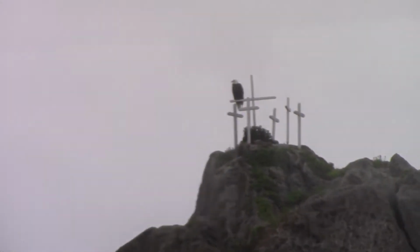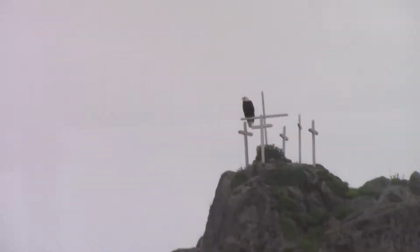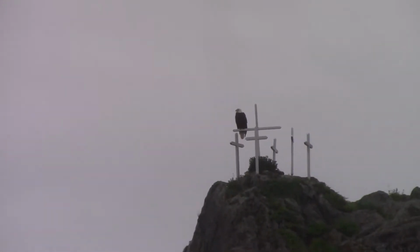So what we're looking at here is Feely Rock, as Captain Lucas was saying. And if you guys are curious what the memorial site is, it's basically